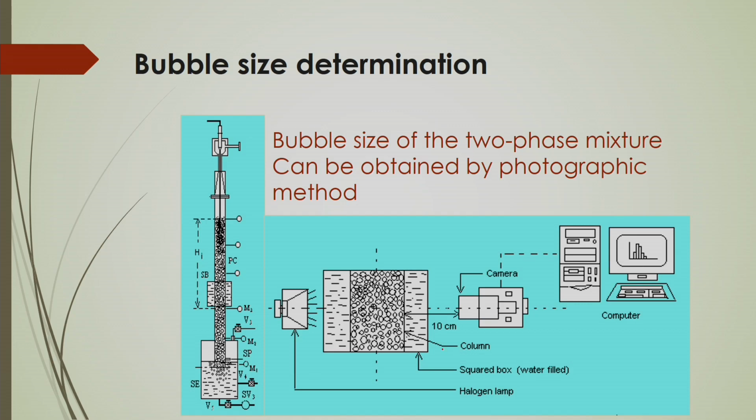It is shown in this picture that from this location we collect the bubble image by camera. After that it is analyzed in the computer by image analysis software. After getting this, you can find the interfacial area, or surface area, of each bubble manually. Once you know the surface area, that is the perimeter, pi d, or pi r square, from which you can calculate the radius of the bubbles.